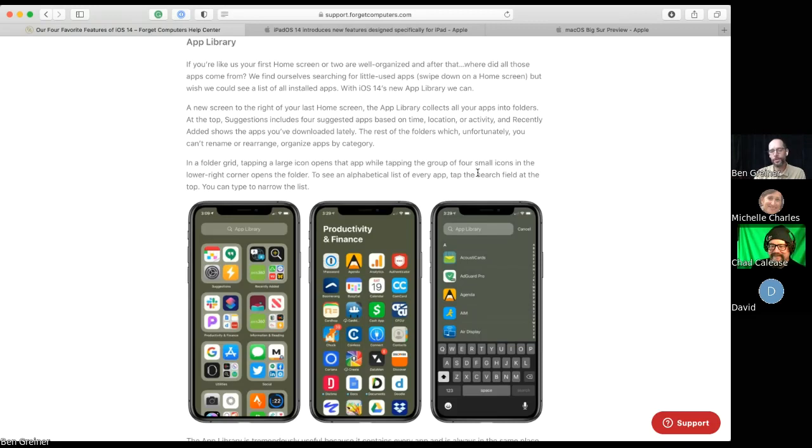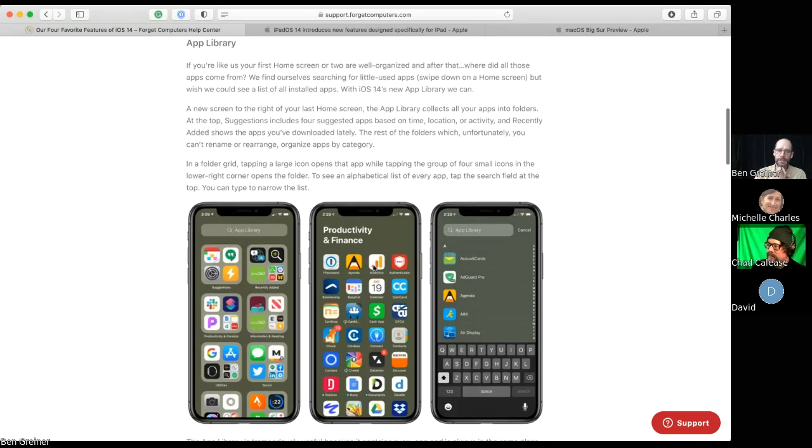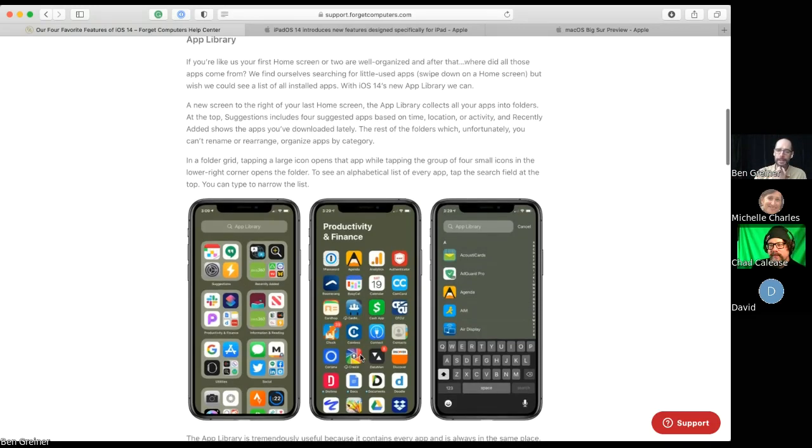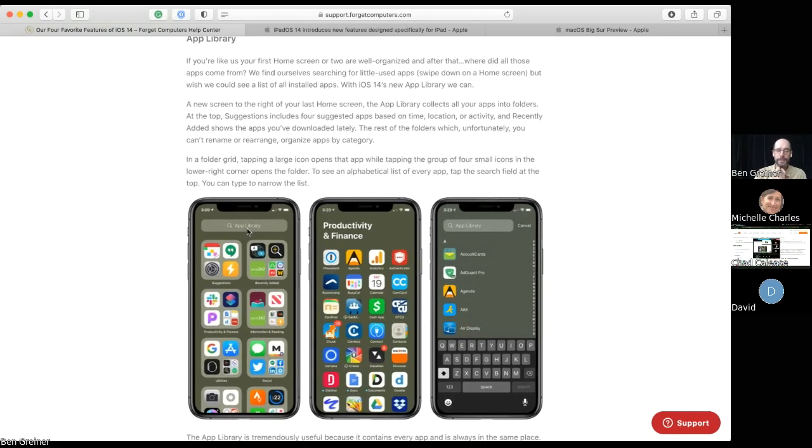Well, now it's so much easier to find. If you swipe all the way to your last home screen and go beyond, you'll be presented with this app library. And at first, it looks like this, but if you click deeper, it will look like this. And then you can even scroll down when you're on this page, and you'll have a search bar. And the search bar will show you alphabetically all your apps. And you can actually click and hold from here and delete the app if you want to.